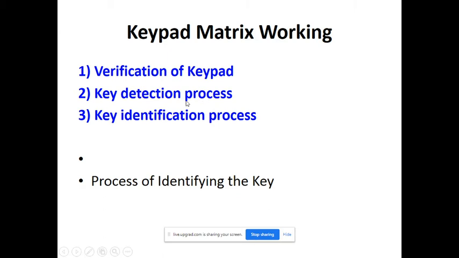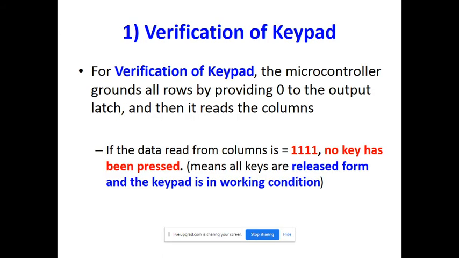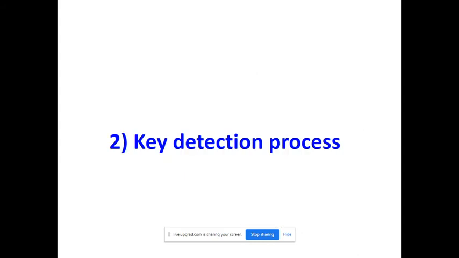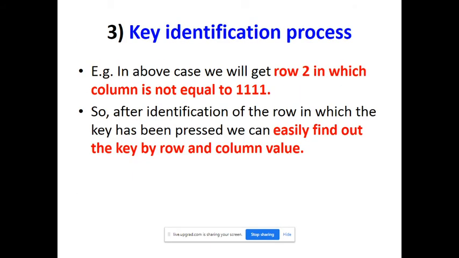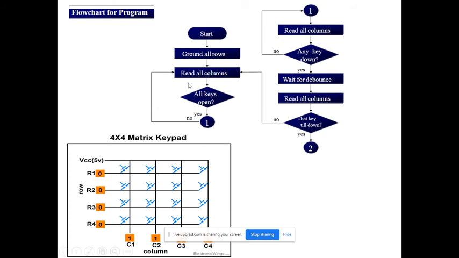Suppose the column status is other than all ones, then one of the keys got detected. Then the next task is key identification, done by scanning row by row. Once a row is identified, we go for column identification, which is done by taking the data into the accumulator and rotating left through carry. All of you agree up to this point? Then I will explain the flow chart.